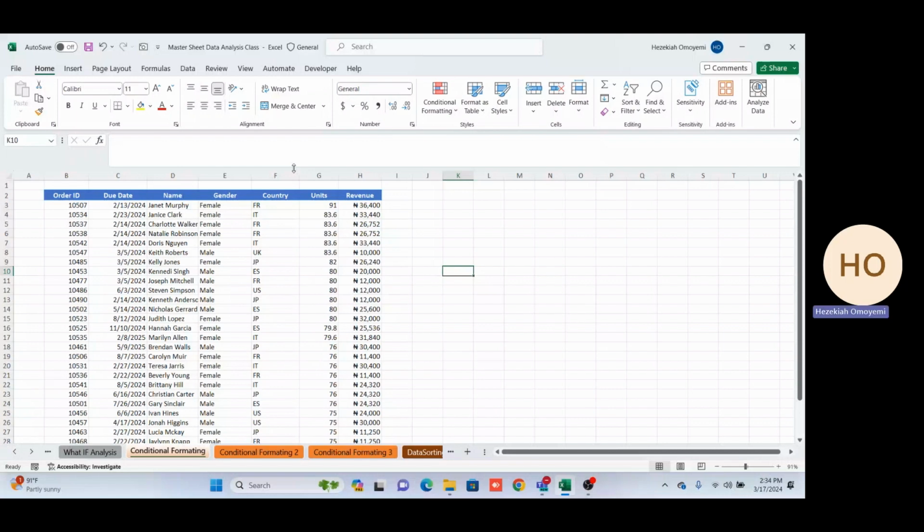Suppose in this table here, we want to highlight revenue that are above 20,000. All we need to do